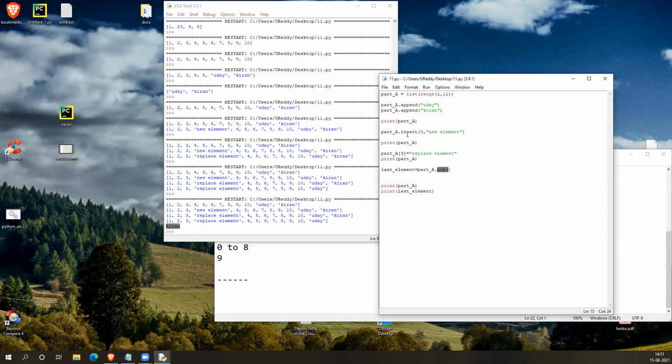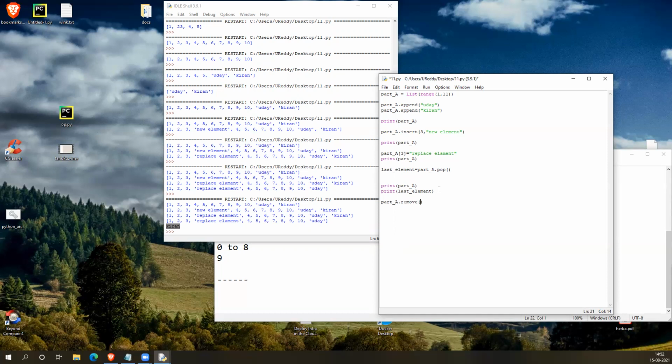Similarly, let's see the opposite of insert, that is remove, which is part_a dot remove, and you need to mention the index, not the index, the value.